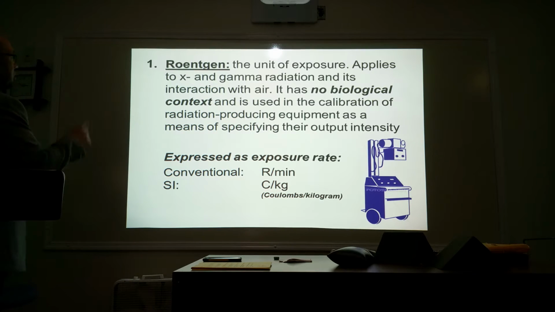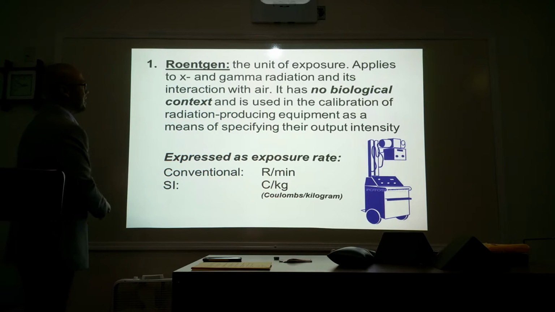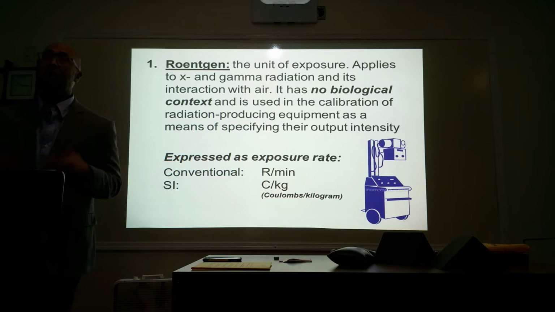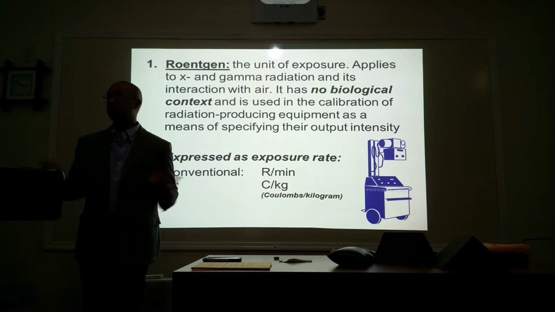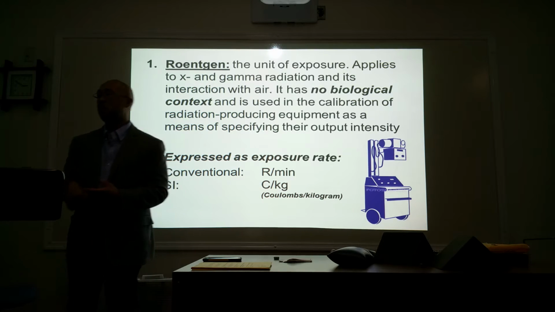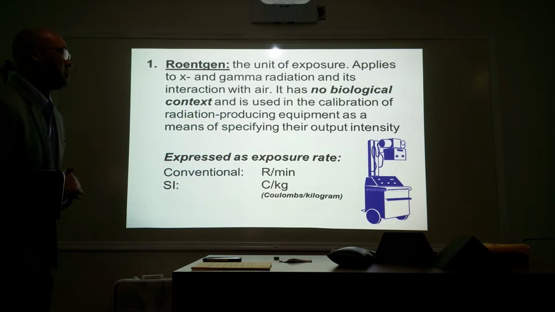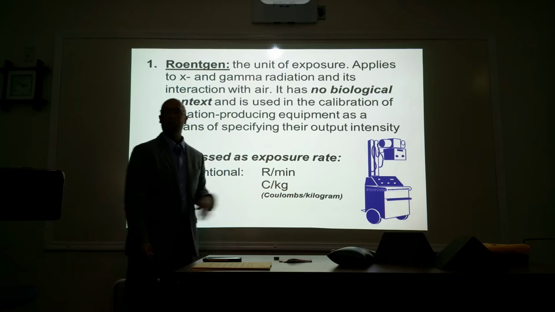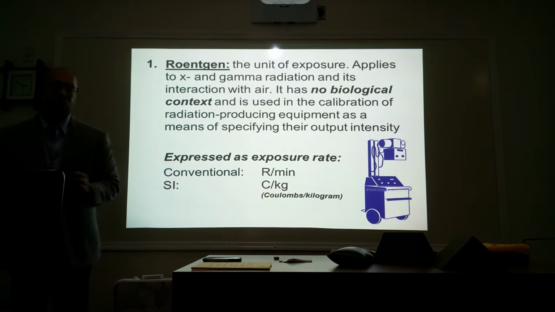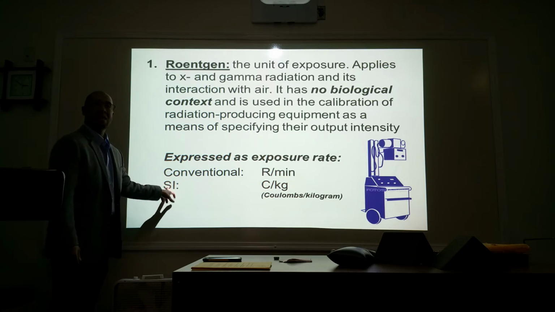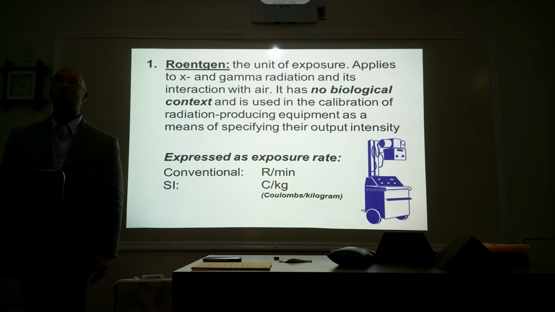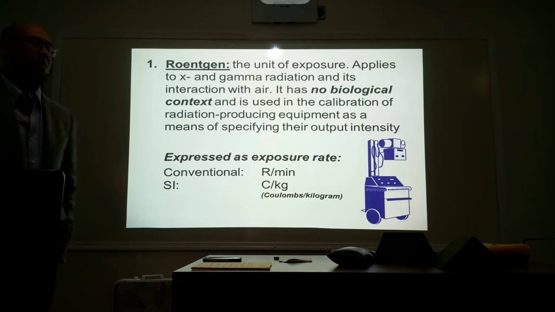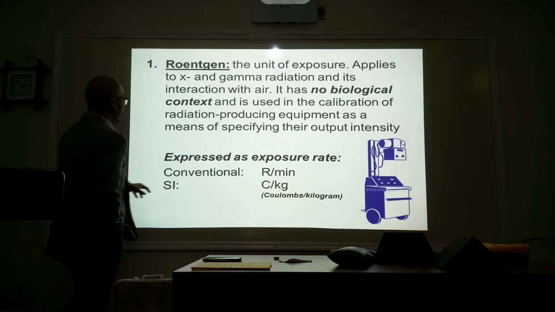The unit of exposure applies to X and gamma radiation in its interaction with air and has nothing to do with living organisms. That's the Roentgen. What you also need to know here is that conventional is going to be Roentgens per minute. We're talking about exposure rates here. What we're also going to be talking about here is SI. SI stands for Systems International. This is the equivalent